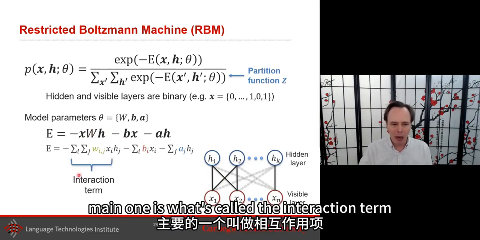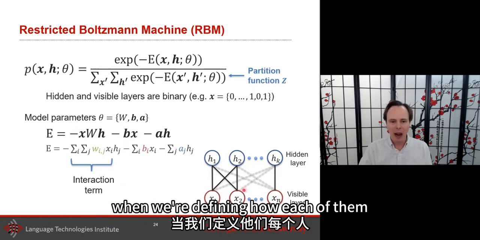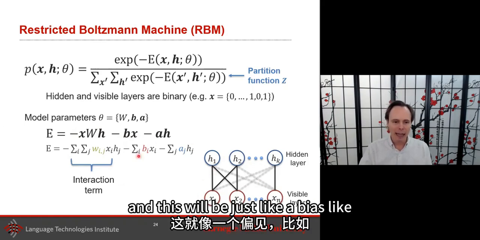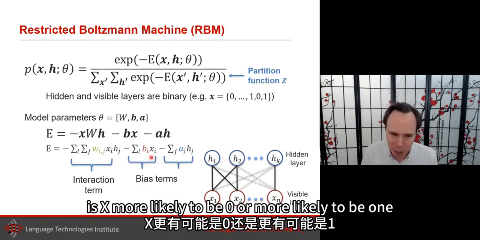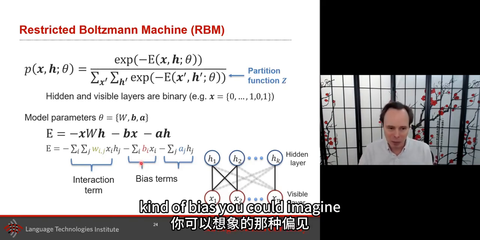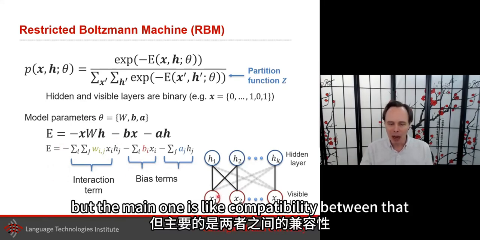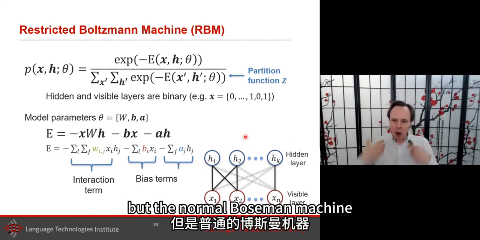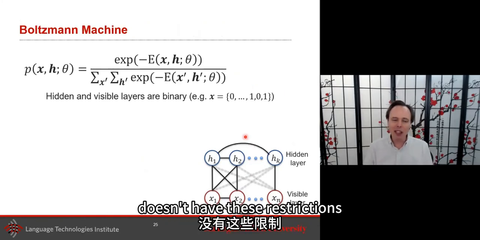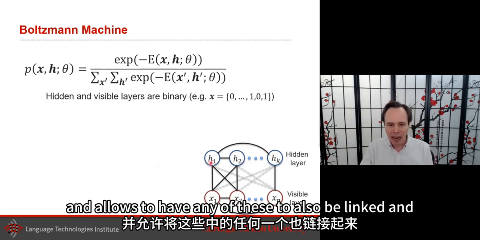But the main one is what's called the interaction term, where we're defining how each of them relates. The other terms will be just like a bias, like is X more likely to be 0 or more likely to be 1, kind of bias you could imagine. But the main one is the compatibility between them. And so this is the restricted version, but the normal Boltzmann machine doesn't have these restrictions